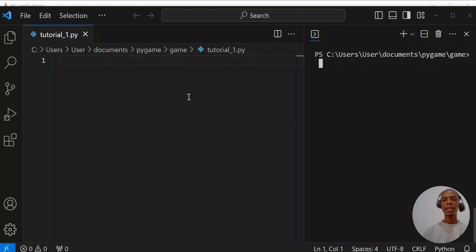First, I'm going to import Pygame, and before you import Pygame, you have to install Pygame. To do that, you go to your CMD or terminal and type pip install Pygame, and this will install Pygame for you. If you want to know whether you have really installed Pygame, you can come to your editor here. I'll be using VS Code throughout this series, and type